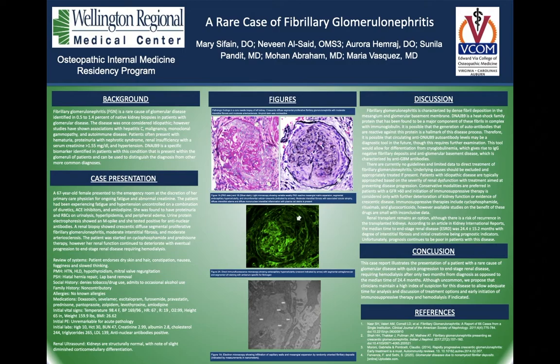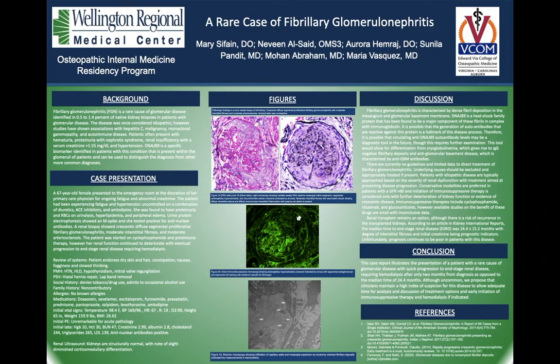Currently, there's no guidelines for this disease, and there's very limited data as it's such an uncommon diagnosis, but underlying causes should be excluded and treated, of course. Typically, treatment is approached by degree of renal dysfunction, so if the GFR is greater than 60, conservative measures are preferred, but as it continues to progress, or if there's crescentic disease, immunosuppressive therapy is recommended, including cyclophosphamide, Rituxan, and